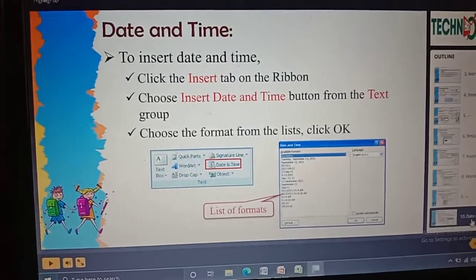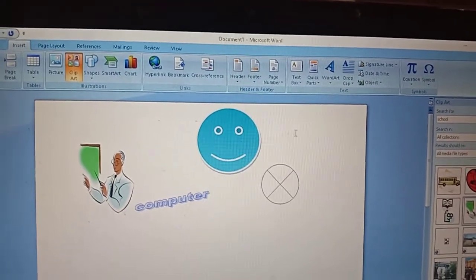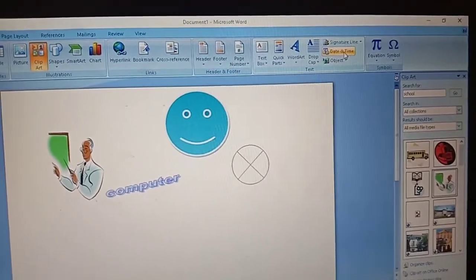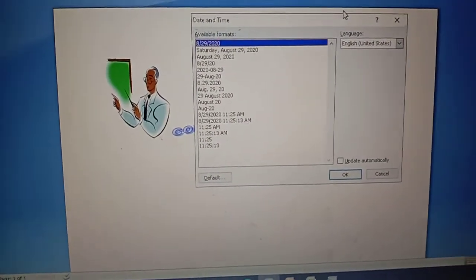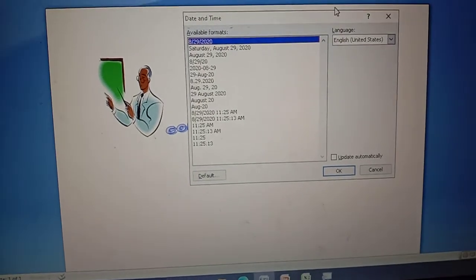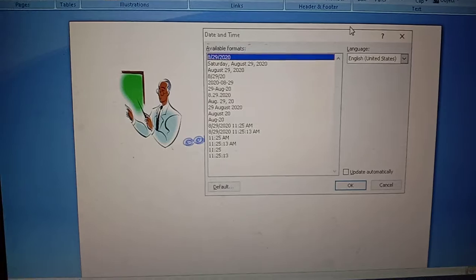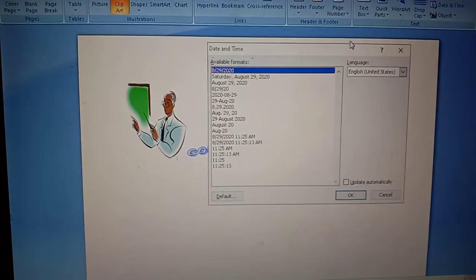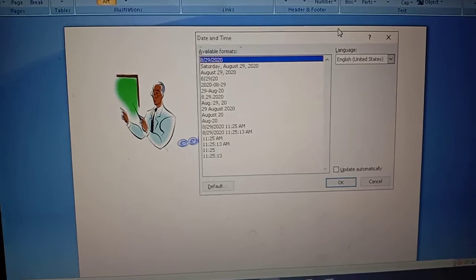I'll show you how to insert a date and time here. See here, in the Insert tab group, we have the date and time option. You just click date and time. So these are the list of formats we have. The available formats are only the date along with the day and the month, the date and month along with the year, and only the date and time also we have.